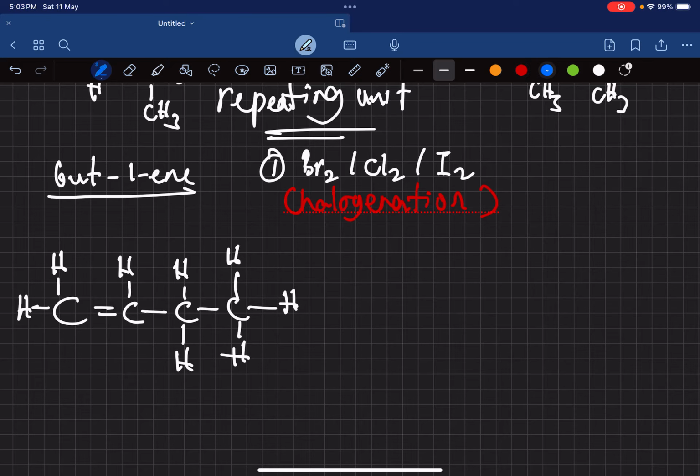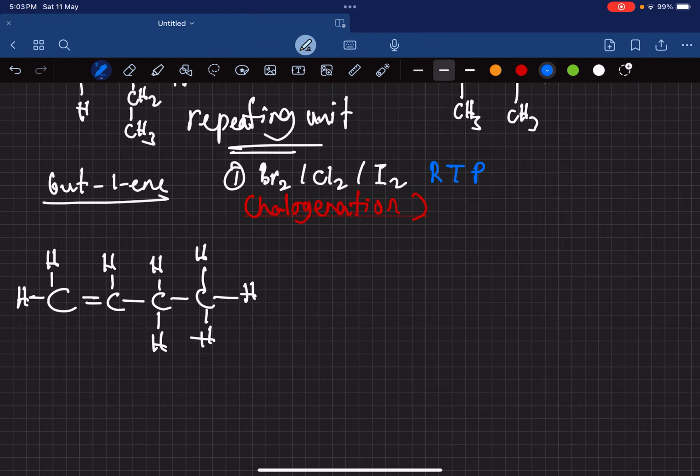All of these reactions are done at room temperature and pressure, RTP. You can just write RTP, no need to write anything else. So what will happen is addition reactions will happen. So while we're talking about this, I wanted to tell you that whenever there's one double bond, there is always one replacement. So for example, let's say we do iodine. So when you do iodine,